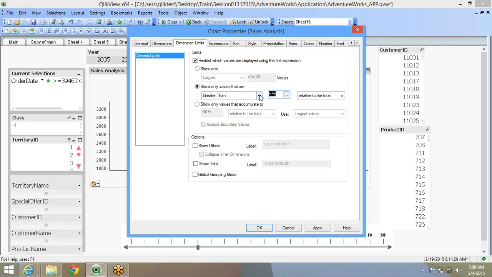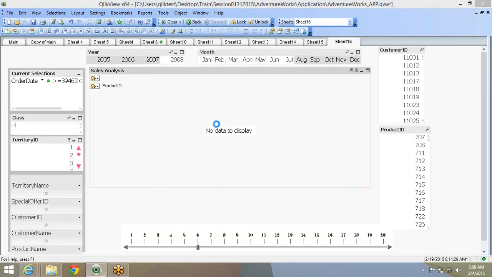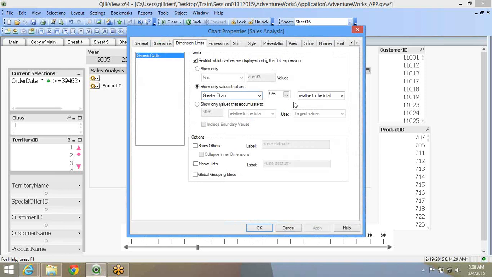That is what it means. 5% of 1 lakh is 5,000, right? So which are the products sold more than 5% of the relative total? If you give this, it will show you that.